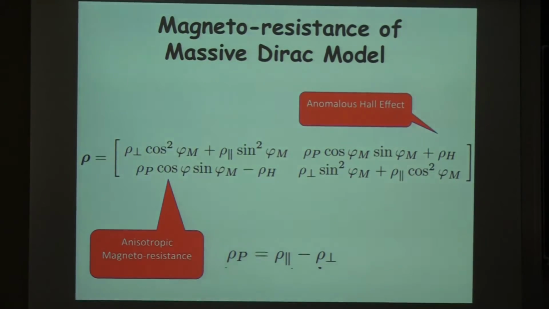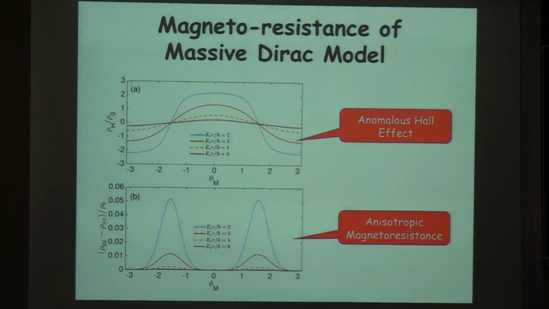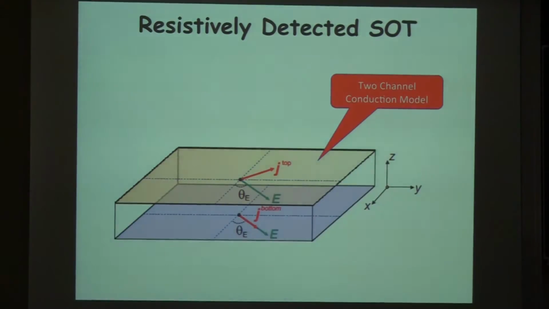And the form of this tensor looks like what's normally assumed in the theory of magnetoresistance in a bulk metal. Of course, it's not a bulk metal. This is a 2D metal, and so it turns out that the dependence of this resistivity tensor on the component of the magnetization out of the plane of the 2D system is not determined just by symmetry and has to be calculated explicitly. And so you can calculate all these response coefficients, including the Hall effect, which is of course maximized when the magnetization is out of the plane, and the anisotropic magnetoresistance, which is maximized when the order parameter is in the plane of the 2D system. So all of those things enter the theory, and